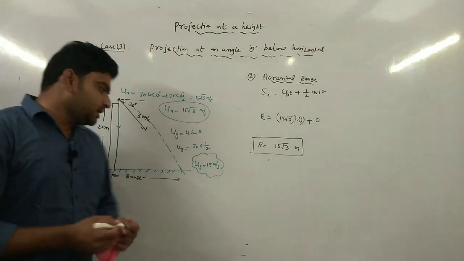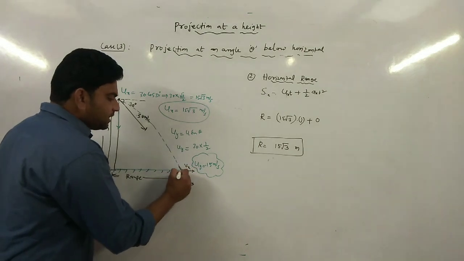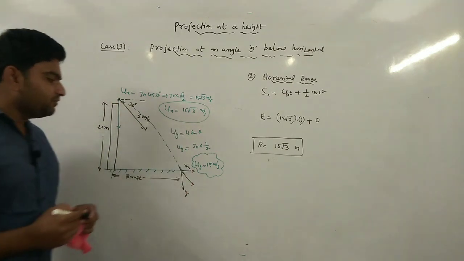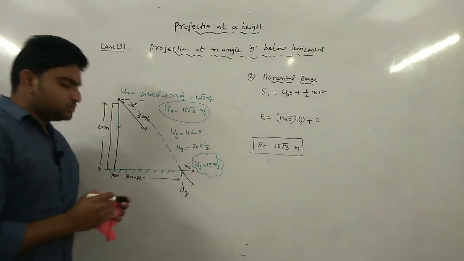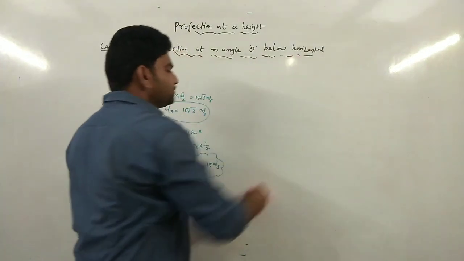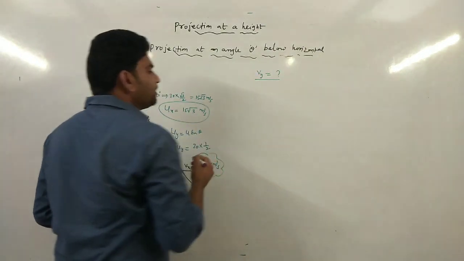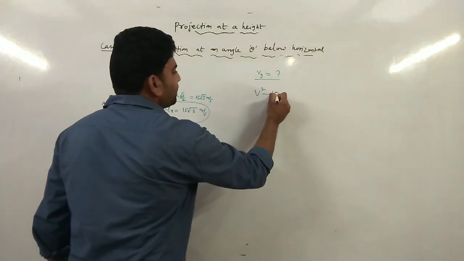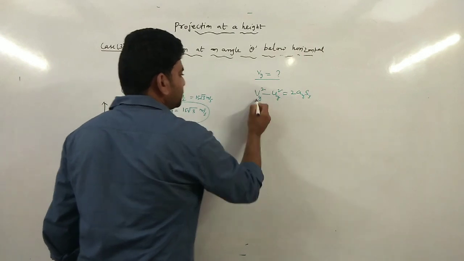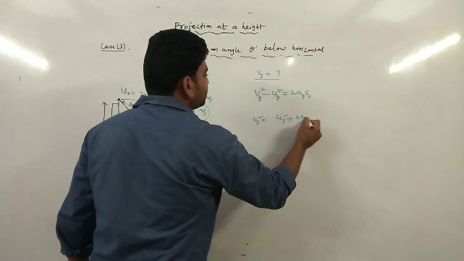And my third aim is to calculate what is the vertical velocity. If I divide its velocity into the components, this is my vx and this is my vy. However, vx is constant, so my vx is nothing but ux here, and we are supposed to calculate what is the vy value. So to calculate vy value, we need to use third equation of motion, that is v square minus u square equals 2as. So vy we are supposed to calculate. Using the third equation, v square minus u square equals 2as, along y direction, so vy square equals uy square plus 2ay sy.